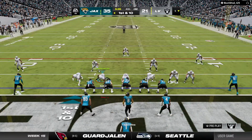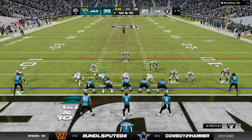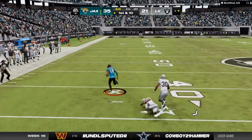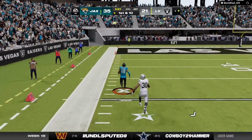The Jacksonville offense set to begin their next drive. Big stop on the turnover on downs to get the football back, and now it's just all about salting this one away. Yeah, just slowly bleed the clock away. Clock's definitely on yours. There he goes, left side. Down the left sideline. Inside the